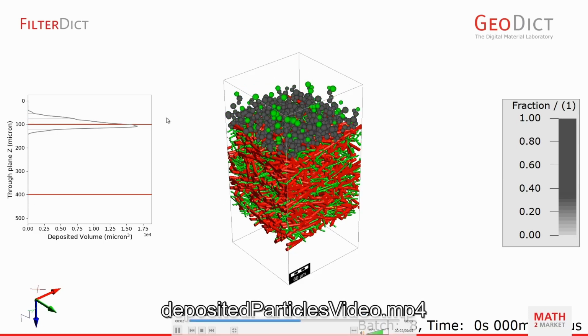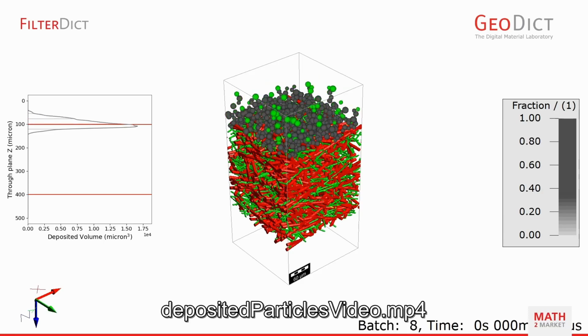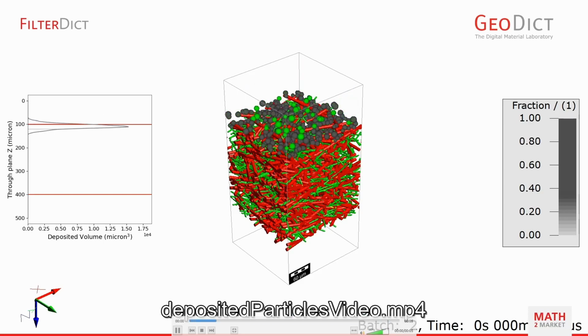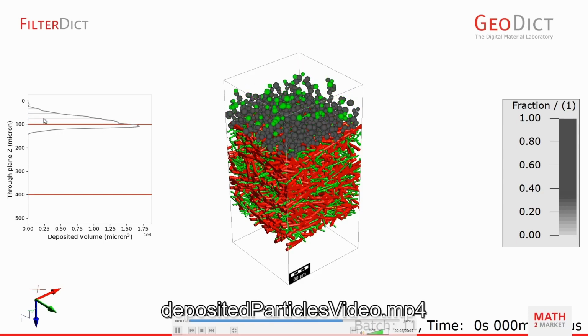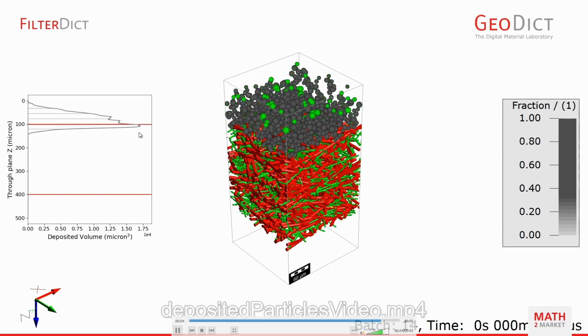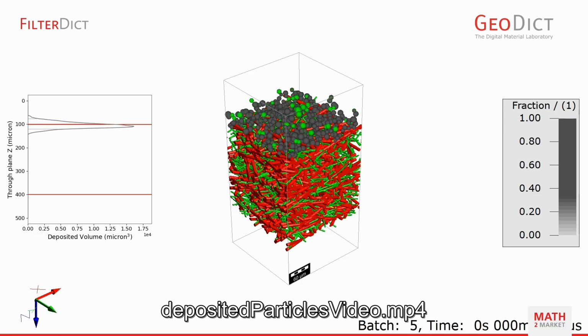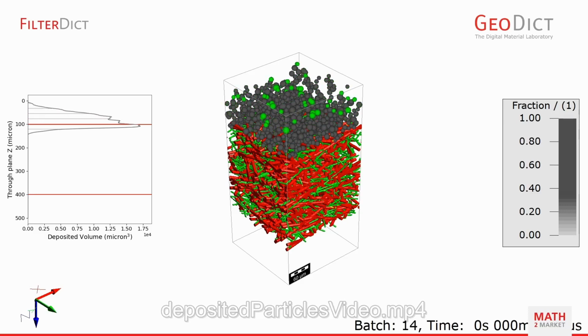We can see that there is an initial empty inlet region at the top and also an empty outlet region at the bottom. Those regions in 3D space correspond to these areas here in the domain. We can see in this case we have a fairly poor filter medium for this type of particles, since they get immediately stuck on the top of the filter medium and form a so-called filter cake. The rest of the filter media is practically unused in this case. Only a few particles penetrate slightly into the filter medium, as we can also see in the plot here. And no particles make it through to the other side.